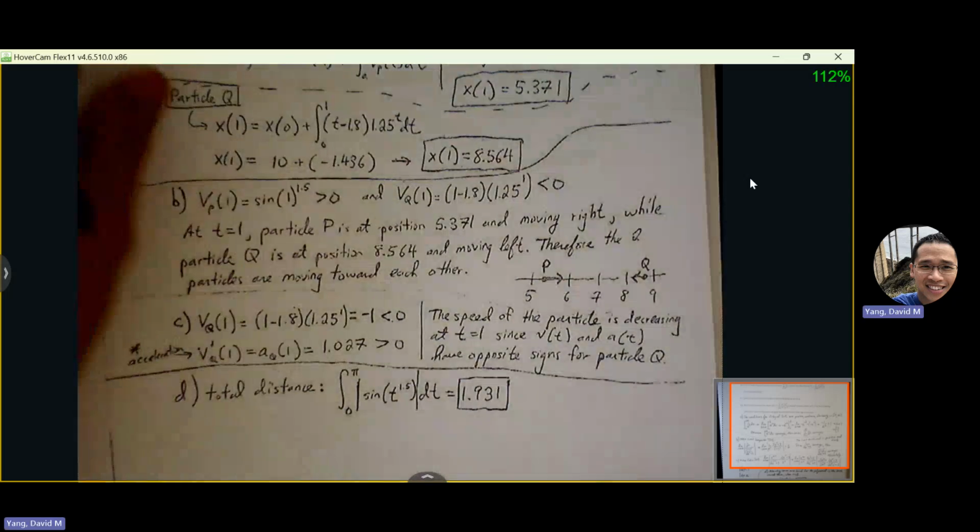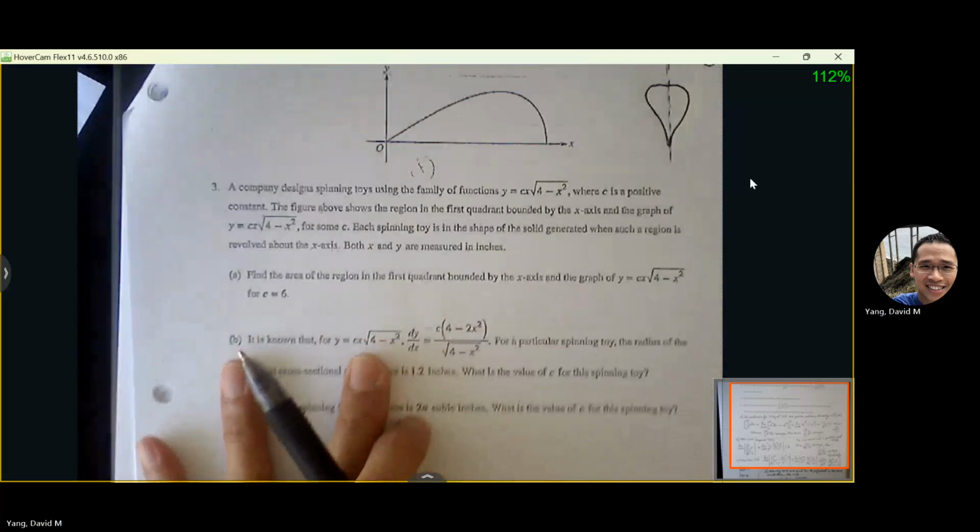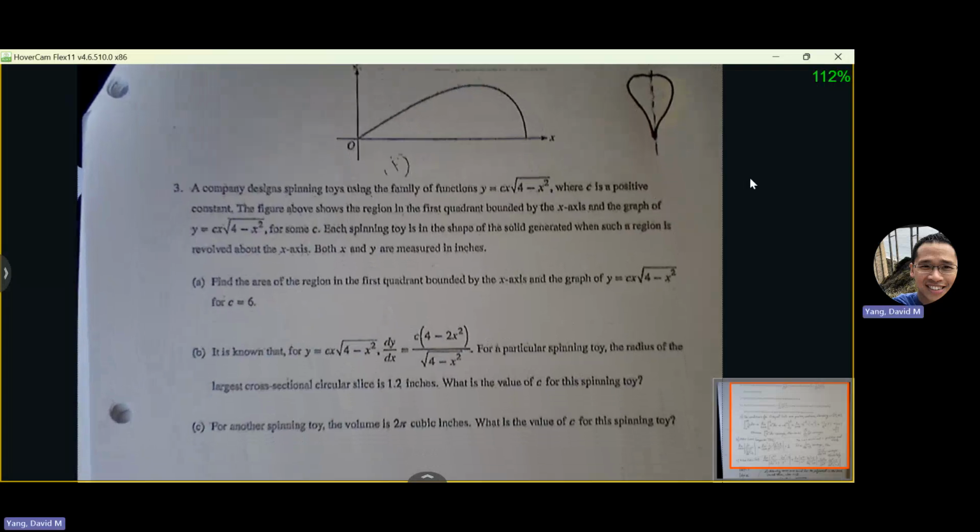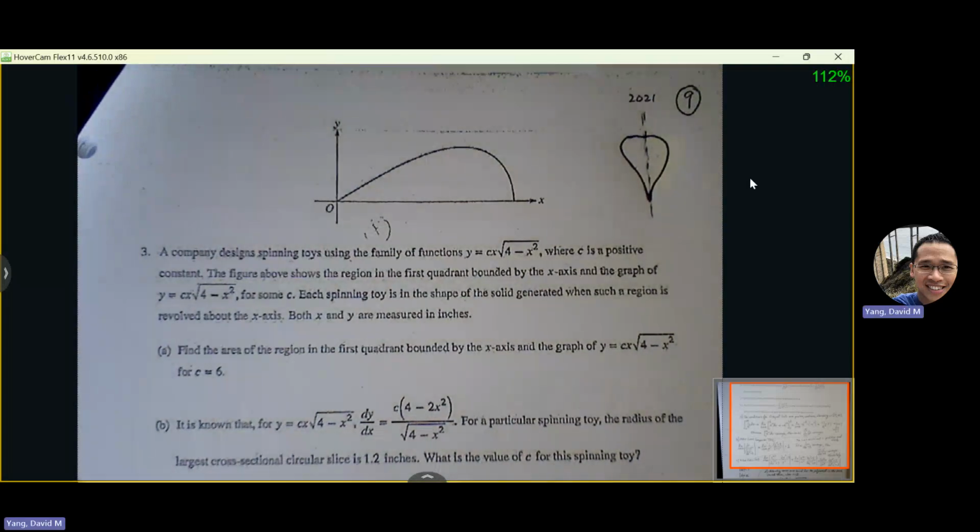Okay, page 9. Okay, so there are going to be some problems that feel more difficult than others, and this is one of them. If you come across a difficult FRQ, don't feel like, oh, I got to get everything right, otherwise it's going to be a bad score. You're just trying to do everything you can to earn as many points as you can. Just do the best you can. Anything that you can put down, anything that you can identify as a way to earn points, that's great.